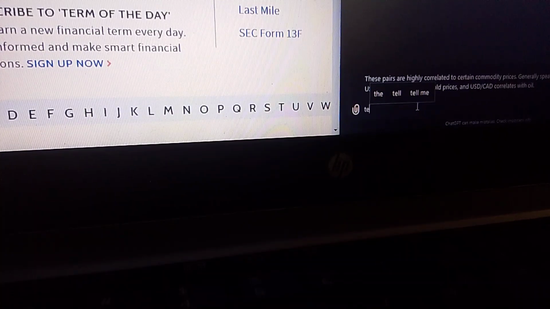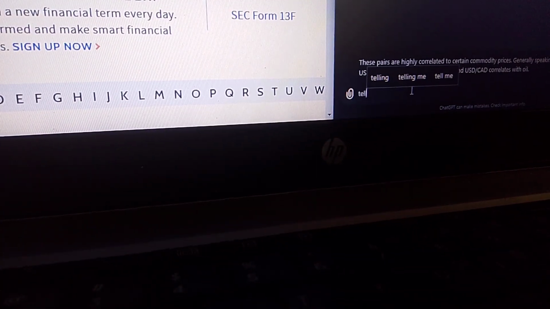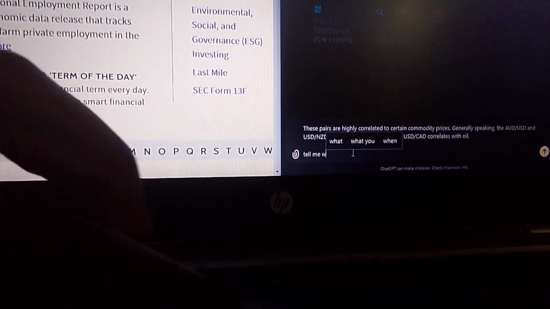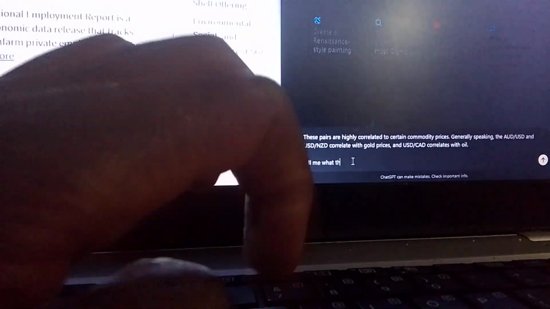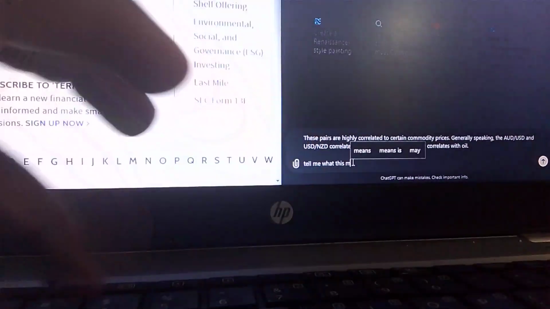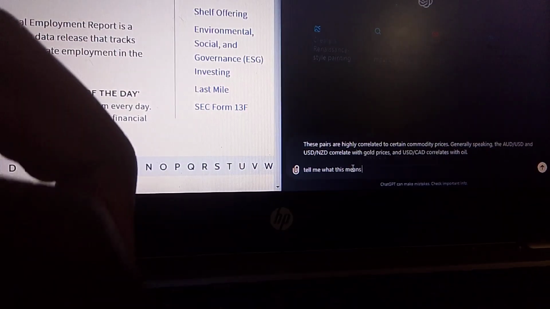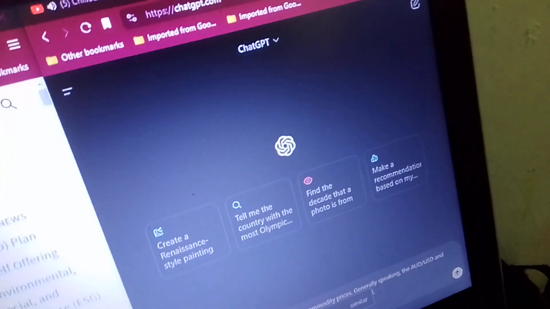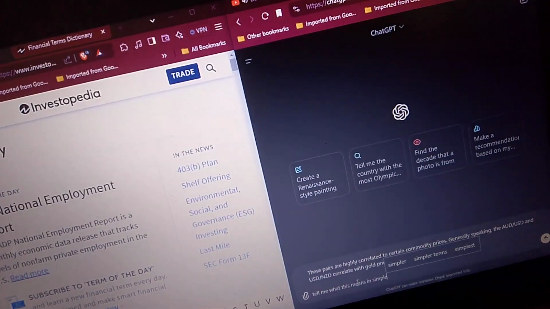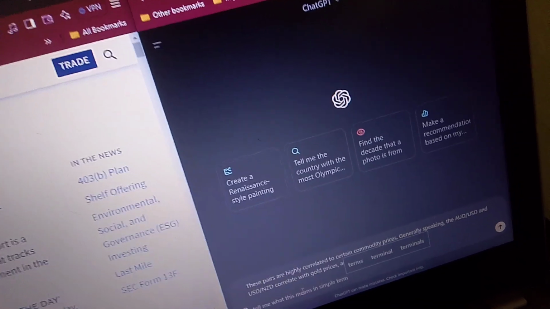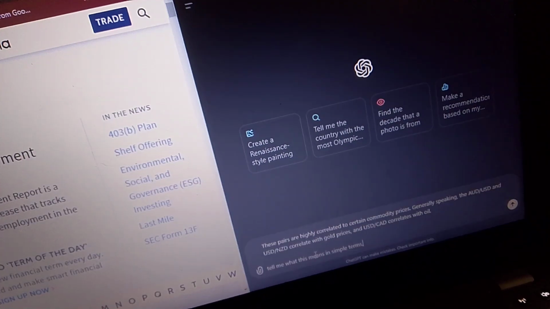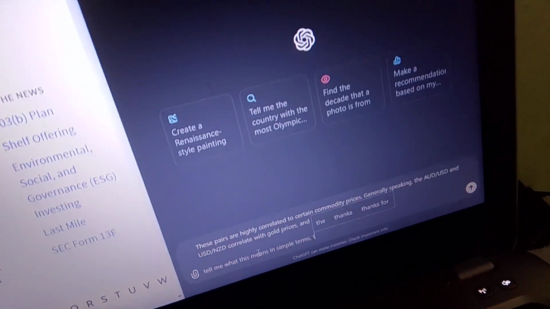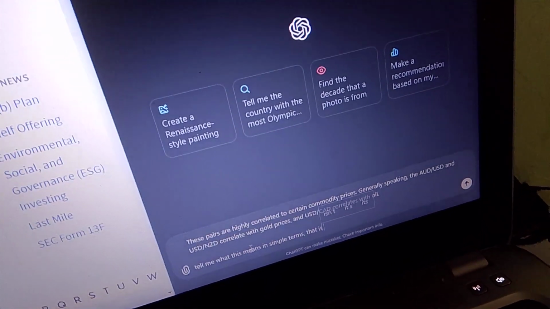tell me what this means. Let me add there in simple terms. Okay, the reason I'm not typing that fast is because I'm holding the phone with another hand. Simple terms, that is